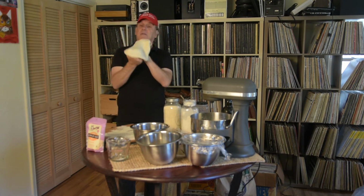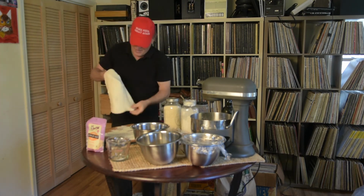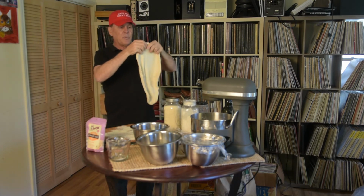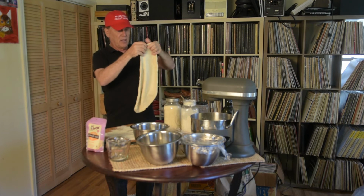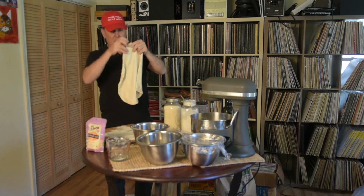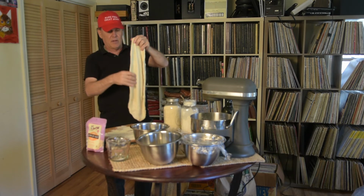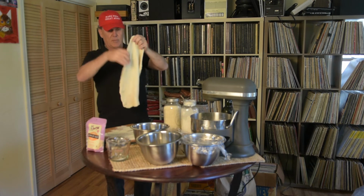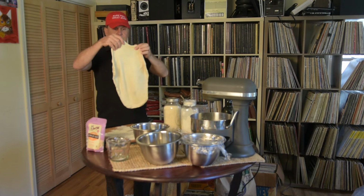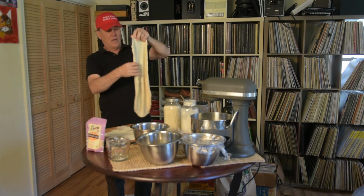Let's see if I can do this a little. Whee! And that's pretty much it. I'm going to stop the camera here in a minute, and then finish with some toppings that I learned, some other ways to make this phenomenal. But you can see, just allowing the gravity to work here, you can get the pizza big